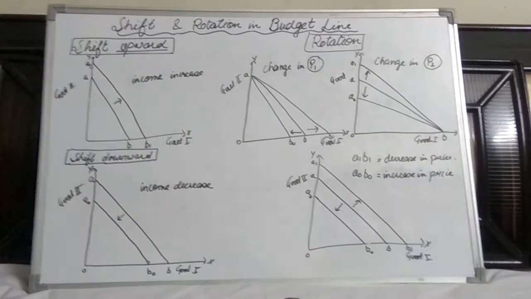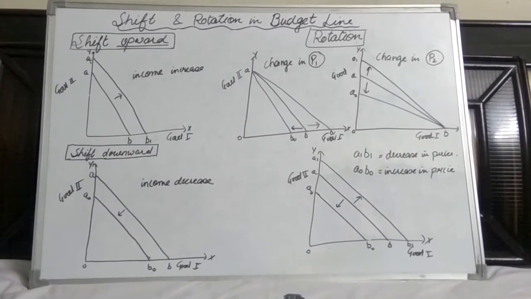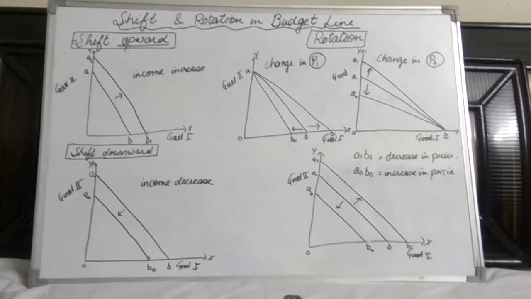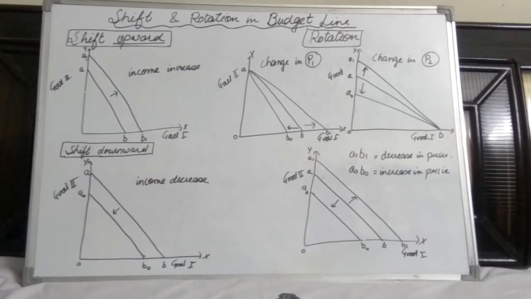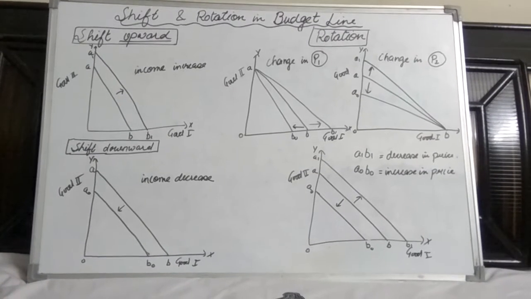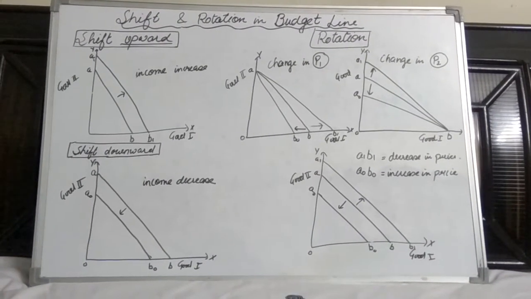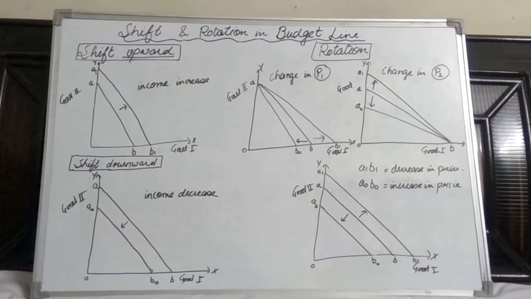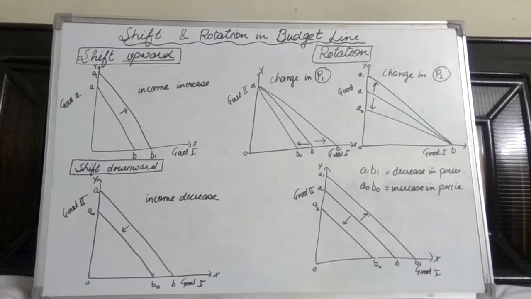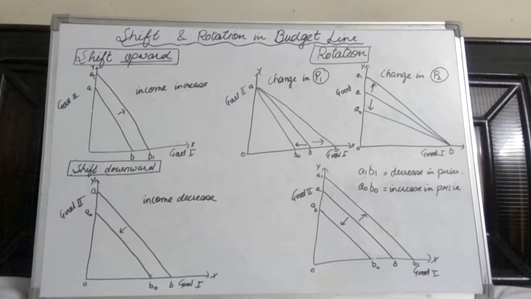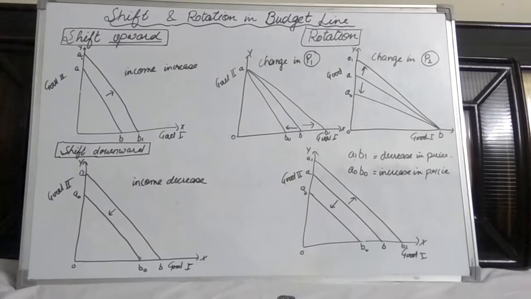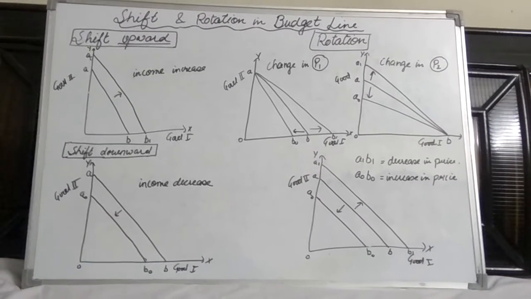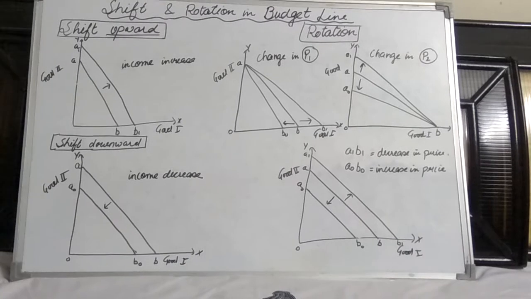Students, it is very important to note here that the budget line can shift and rotate, and the cases are as under. Let's start with the upward shifting case. We have drawn a downward sloping straight budget line, that is AB, and if there is an increase in the income level of the consumer, the entire budget line will shift upward as indicated by the arrow. The curve has shifted from the AB curve to the A1 B1 curve. In the second case, if there is a decrease in the income level of the consumer, the curve shifts downward. Now the new curve is A0 B0.